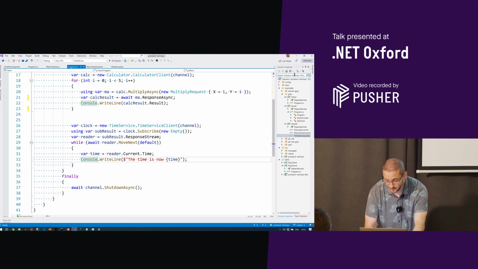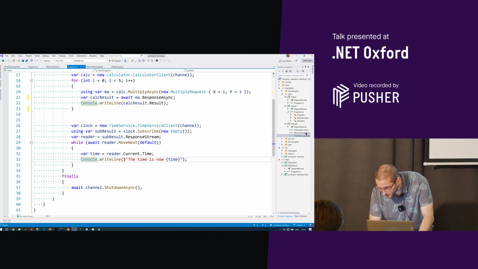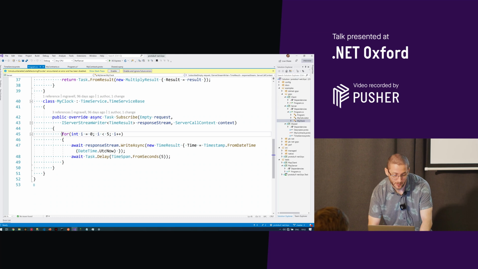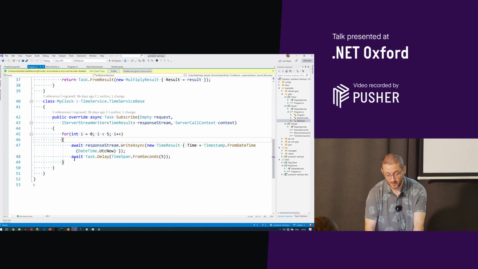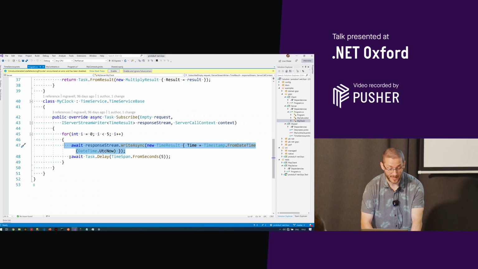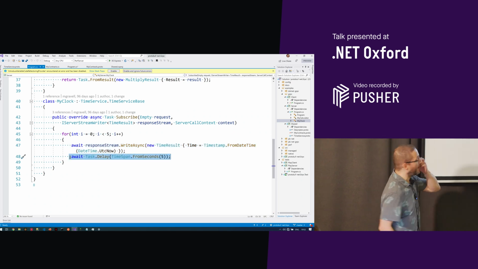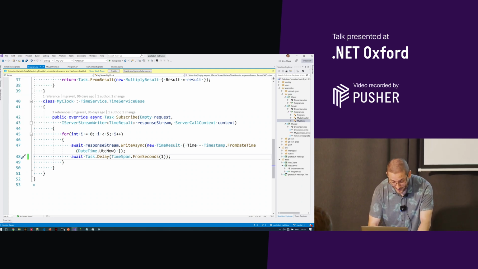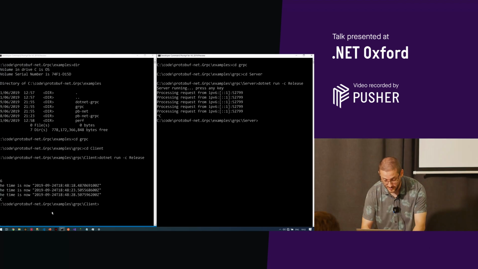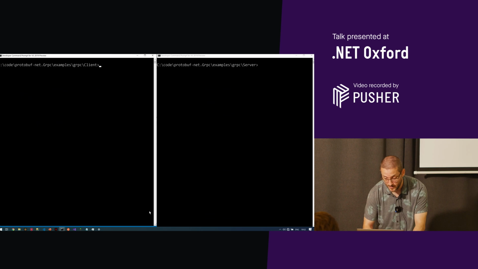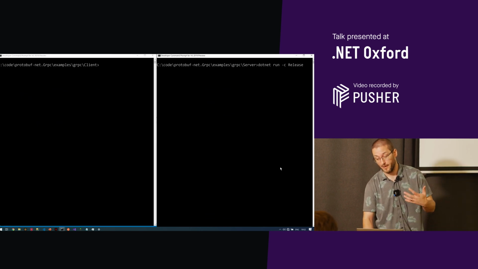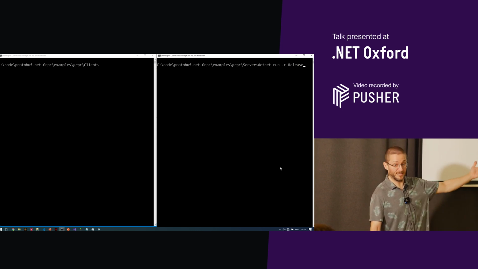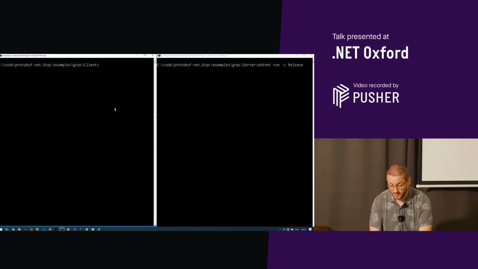So what does that look like at the server? I've got my clock service, and all I'm going to do is loop, and five times in a row send a message to the output stream, and then wait 5 seconds. In fact, let's change that, because for demos 5 seconds is a hell of a long time on a screen. Normally it wouldn't be a fixed time; you'd be doing things based on some kind of queuing system or however you're doing your messaging between systems. So if I get the server going,